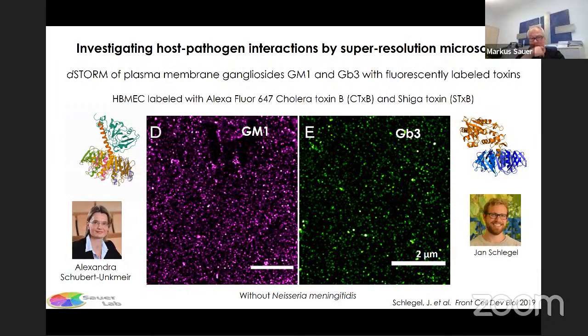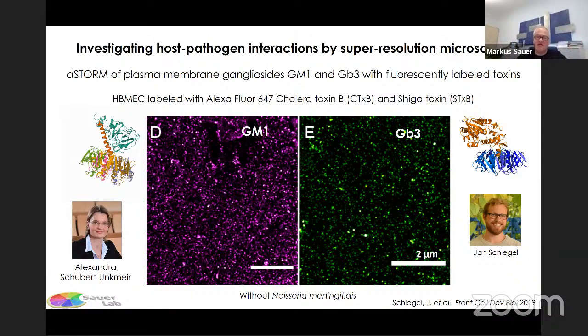So we joined forces together with Alexandra Schubert-Unkmeir and again Jan Schlegel, and you see how he grew older now, a different picture on the right-hand side. And we tried to visualize the distribution of these gangliosides in the plasma membrane of endothelial cells. And we found out that you can use cholera toxin and Shiga toxin, which both bind specifically to GM1 or GB3. So we labeled them with Alexa 647, and we visualized the distribution in the plasma membrane. And as you can see here, they are quite homogeneously distributed without